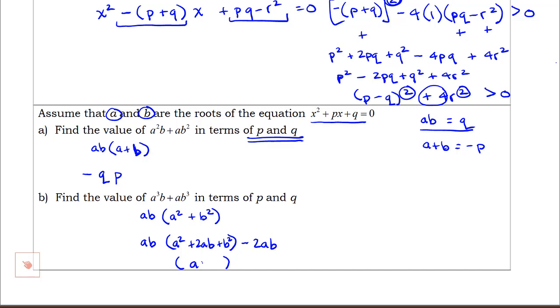A plus B squared. And now everything can be written, right? AB is what? Q. A plus B squared is P squared minus AB is